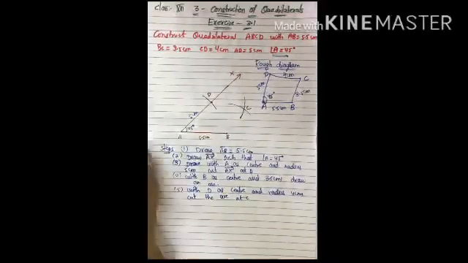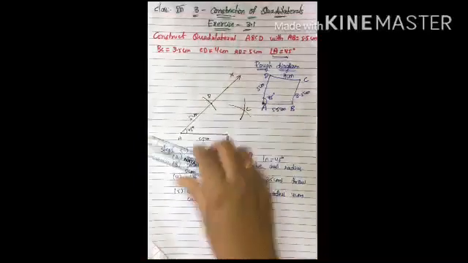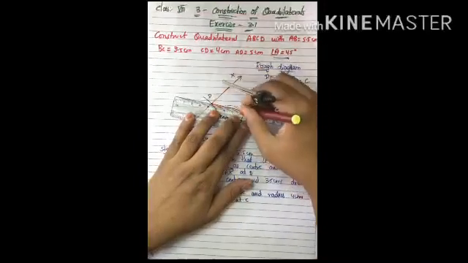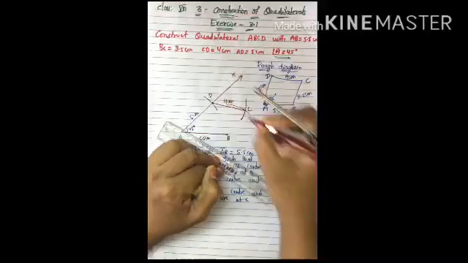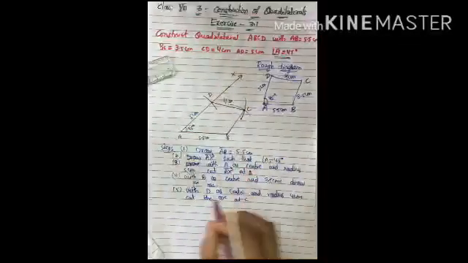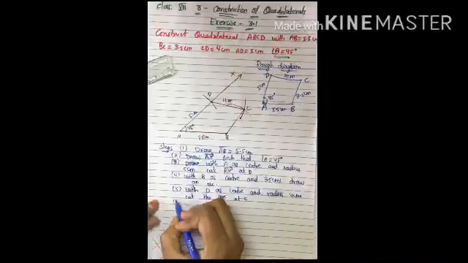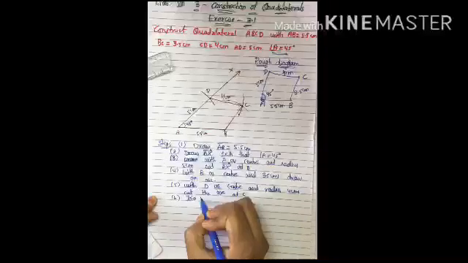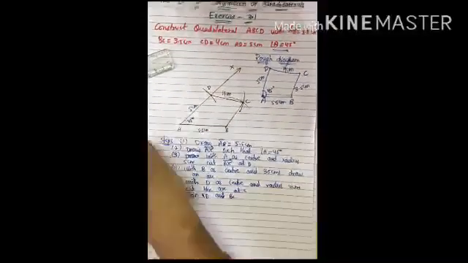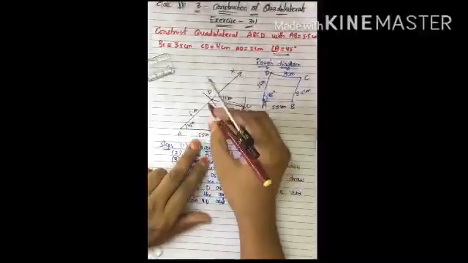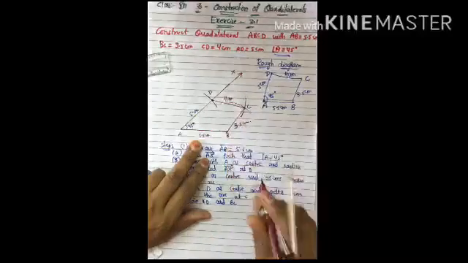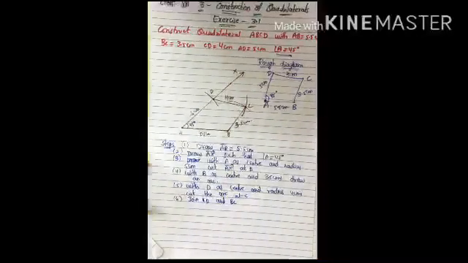Now take a ruler and join CD. Here you are going to get 4 centimeters. Join BC also. So what is the next step here? Join CD and BC. Now if you take a ruler and measure CD, you will get 4 centimeters, BC also you will get 3.5 centimeters, and this is the given quadrilateral.